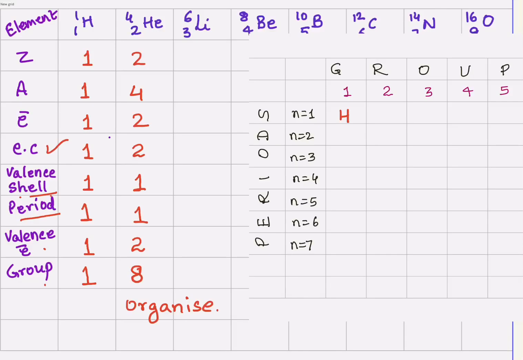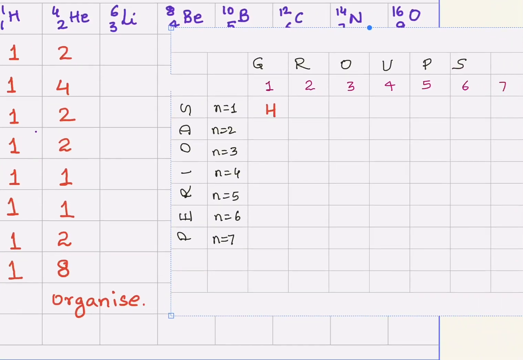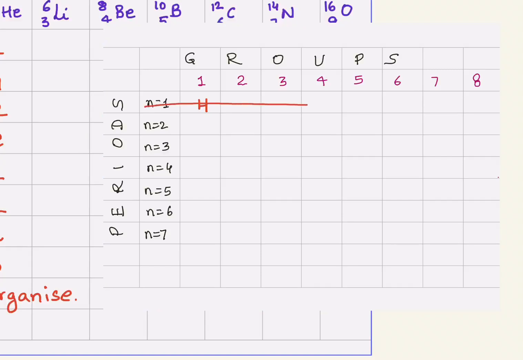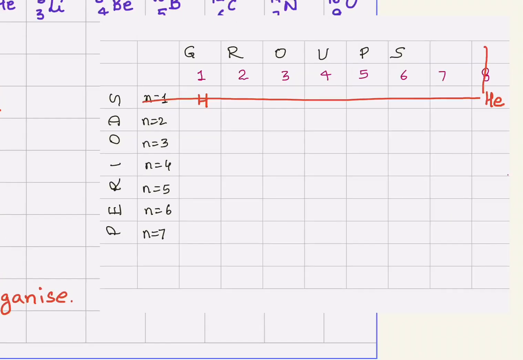So for now I will write it as 8. So when you have to put it in the periodic table, where will you put it? Yes, you will put it under period 1 and group 8, and this comes under helium, right? You will understand, don't worry, relax. You will understand why we have put it there as we go on filling the periodic table. Now go on to the next element.